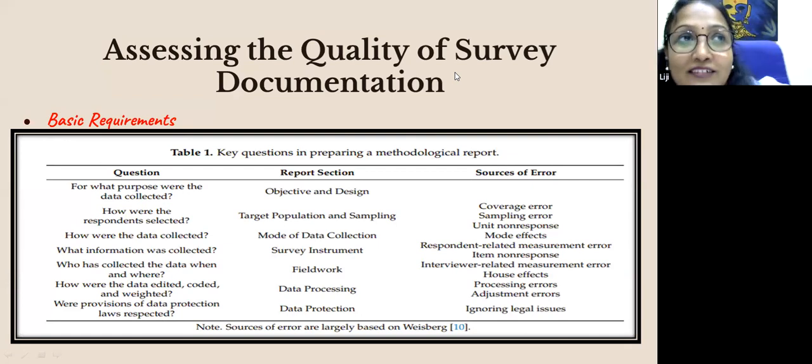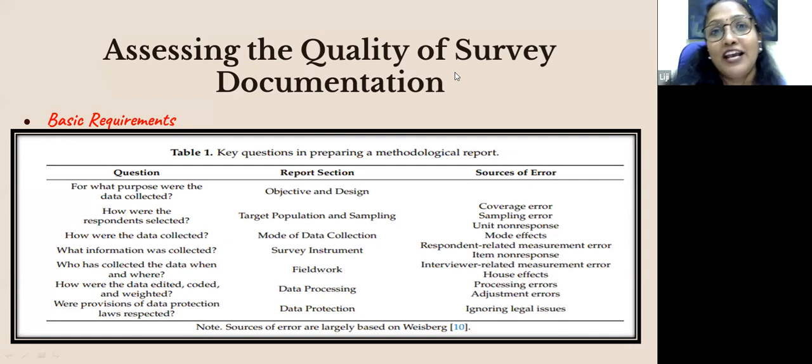Here I'll tell you one very recent experience of an NGO run by Dr. Vibhuti Patel, wherein she has collected a lot of data related to the women going through a lot of stress during the COVID-19 pandemic when everything was locked down. When they were visiting the homes, they found the women struggling a lot, but they refused to respond about the struggles which they were going through. So here the interviewer related measurement error is very, very important.